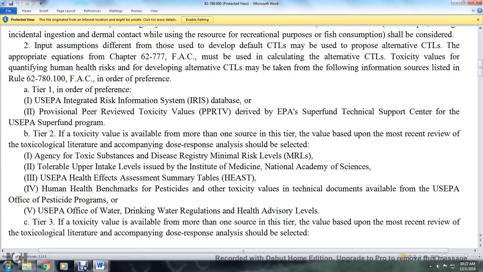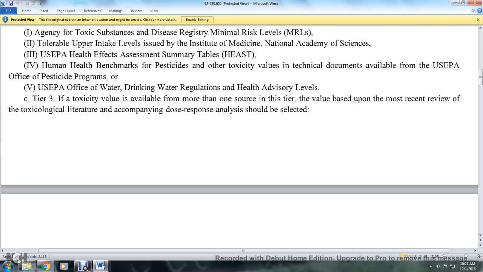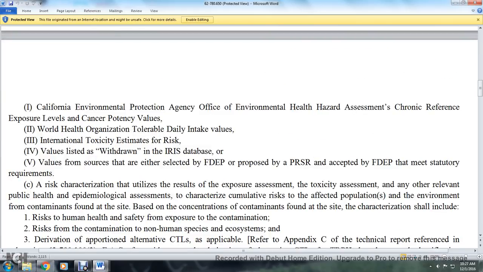Environmental Protection Agency, Office of Water and Drinking Water Regulations, Health Advisory Levels, Tier 3: the toxicity value available from more than one source, based on the most recent review of the toxicological literature accompanying the dose response analysis selected. 4. California Environmental Protection Agency Office of Environmental Health Hazard Assessment, Chronic Reference Exposure Levels, Cancer Potency Factors; World Health Organization, Tolerable Daily Intake, the Internal Toxicity Estimate,